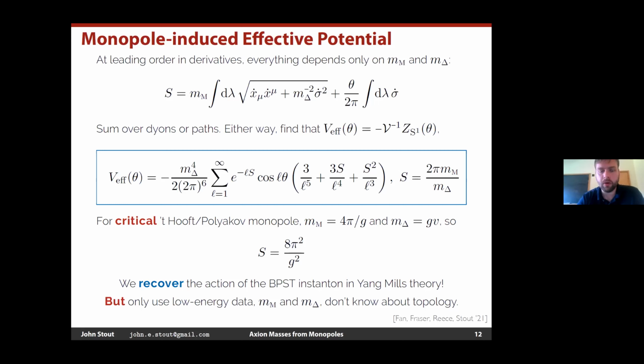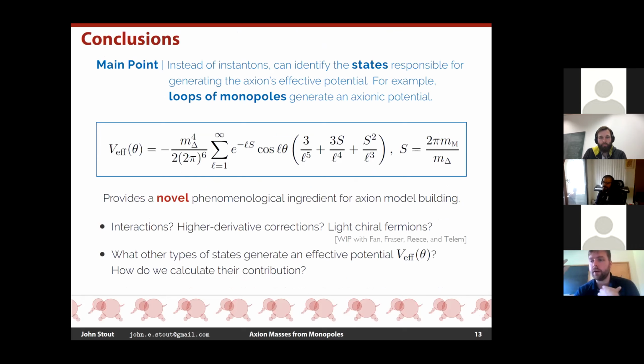So with that, let me conclude. My main point is that instead of thinking about instantons as generating axionic effective potentials, we can think about it in terms of states. This gives a dual picture. It allows one to identify new sources of these potentials in terms of the properties of these states. And so as an example of this kind of general phenomenon that one can infer based on analyticity and convergence arguments of partition functions, you can find